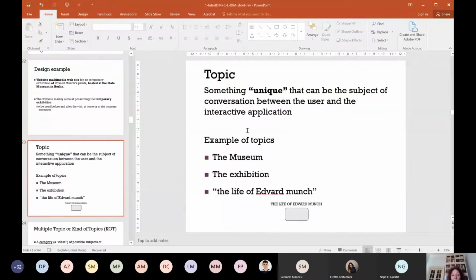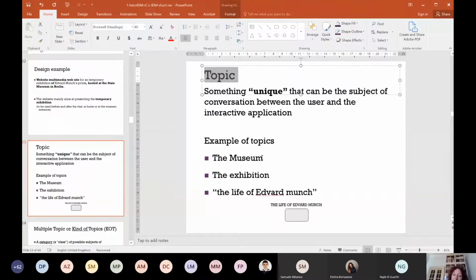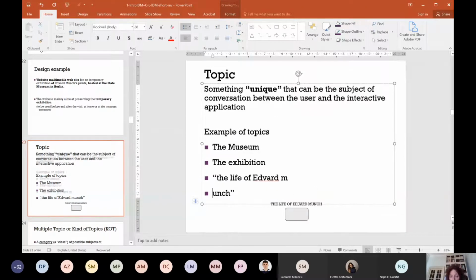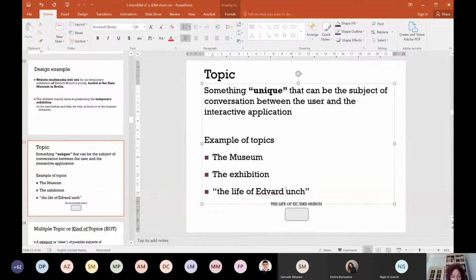So let's see what are examples of topic. When you say the museum, this is a topic. When I say the exhibition, this is a topic. When I say life of Edvard Munch, this is a topic. Why is this so? What is a topic? Something unique. You have just one individual